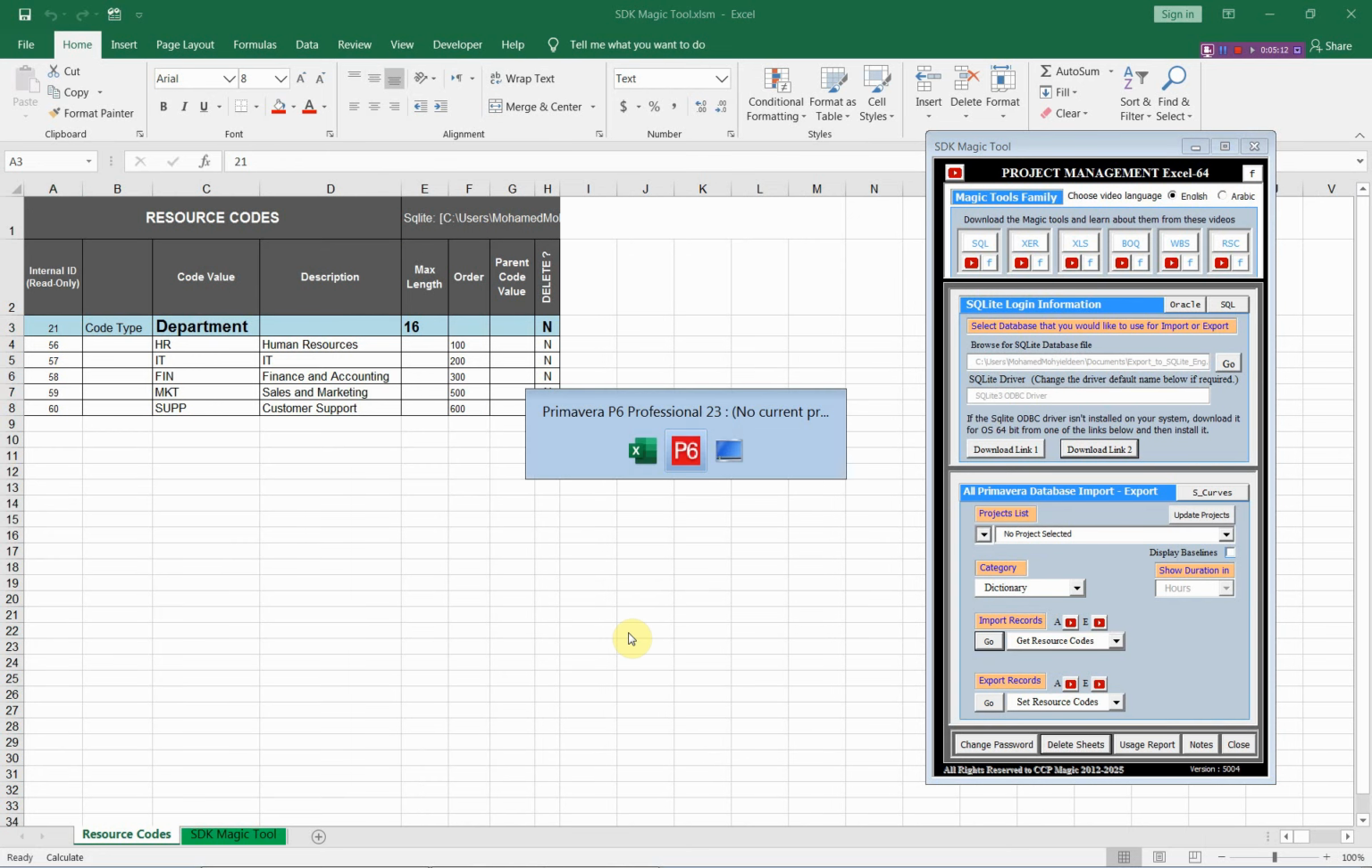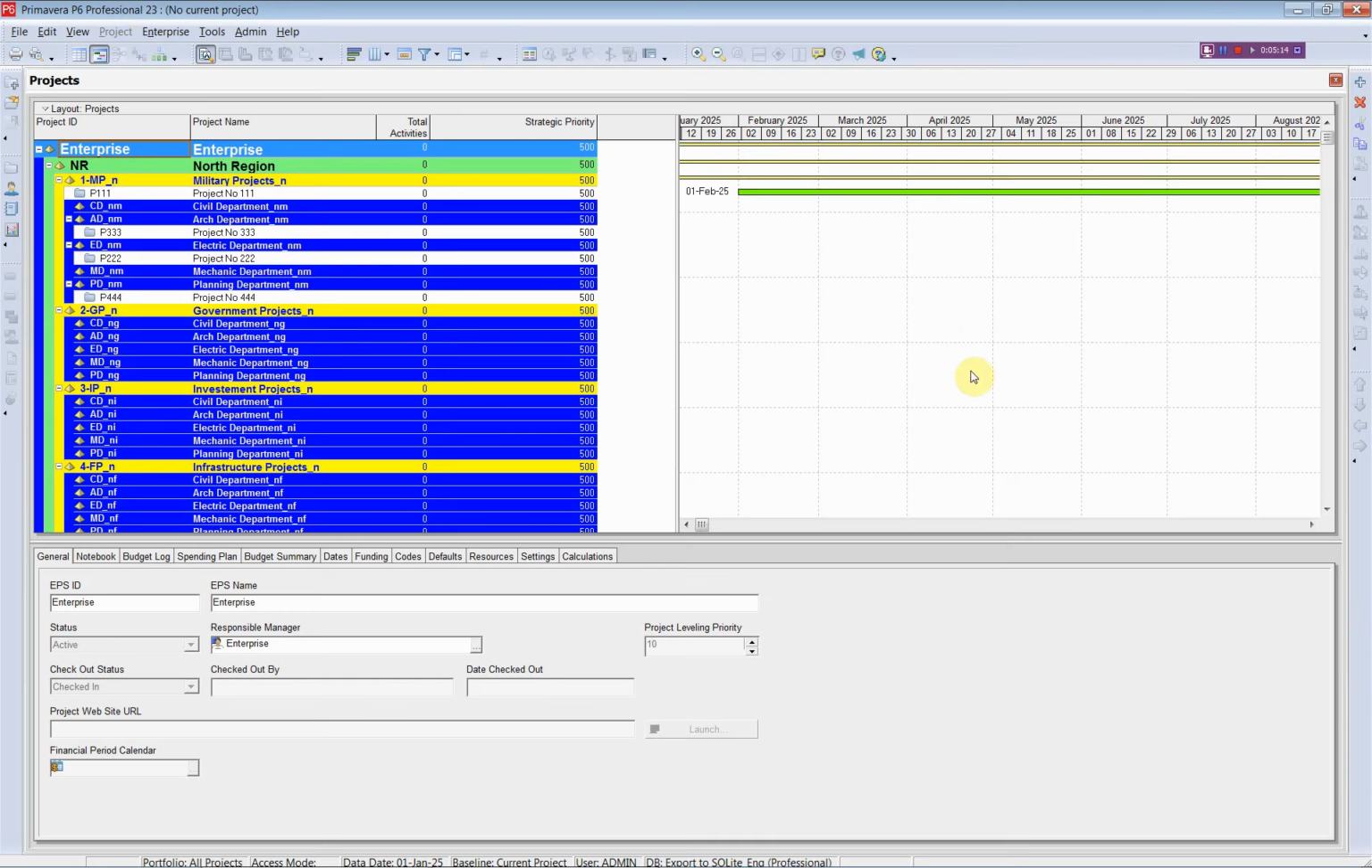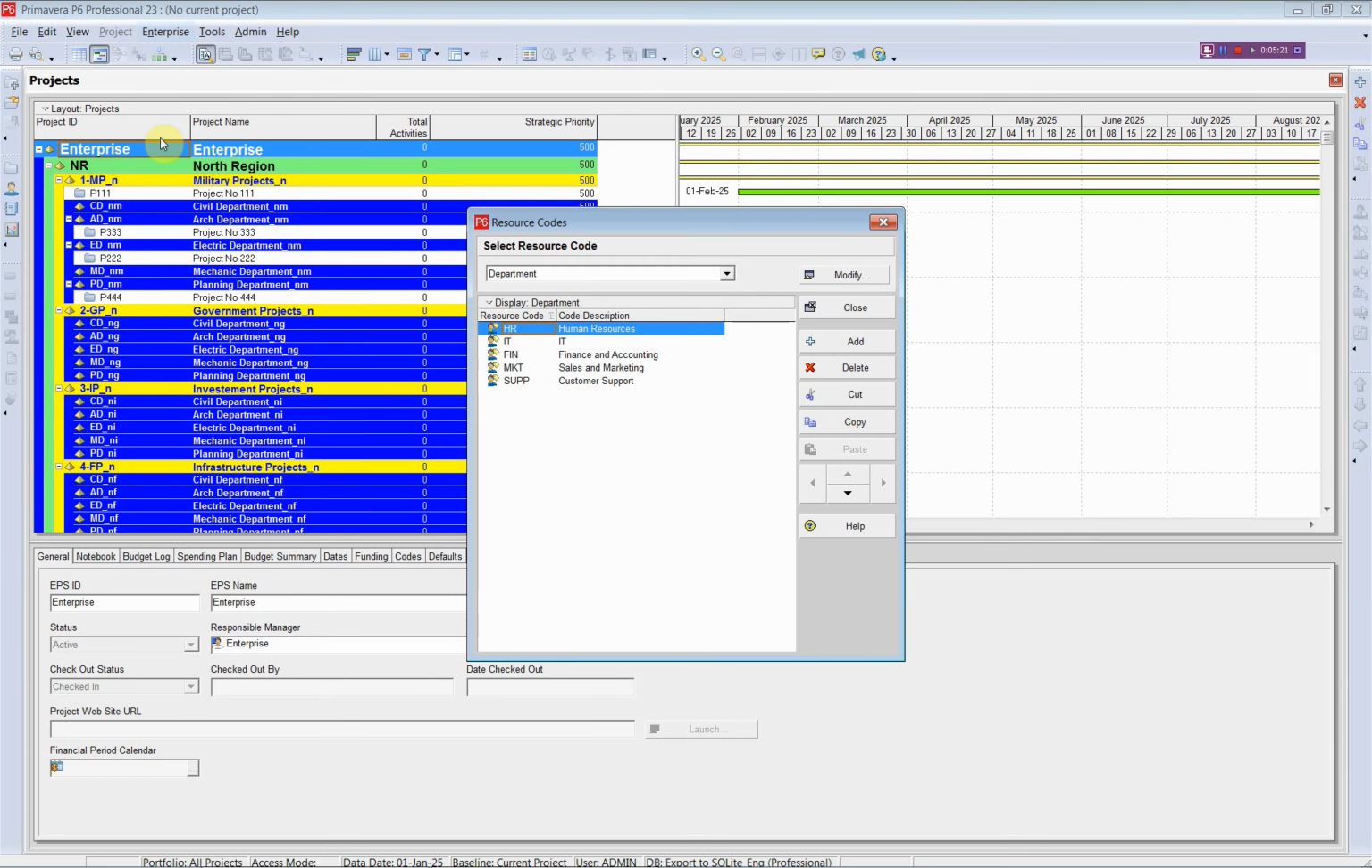When we go to Primavera to check these changes, refresh and go again to the resource codes. As you see, we now have only one resource code with these